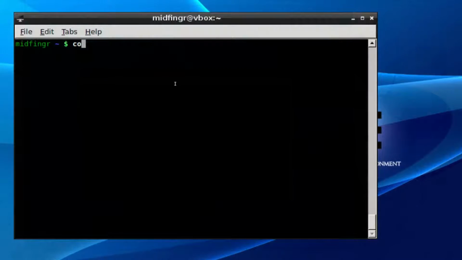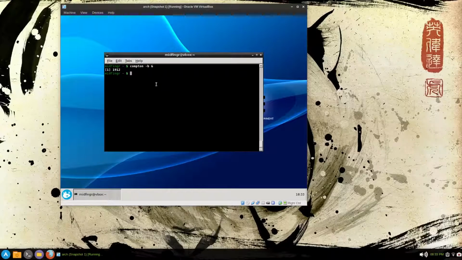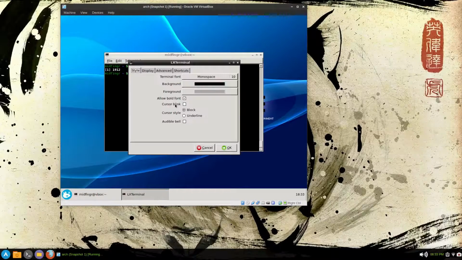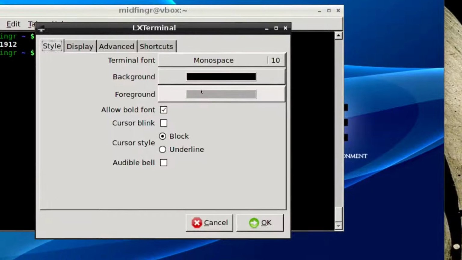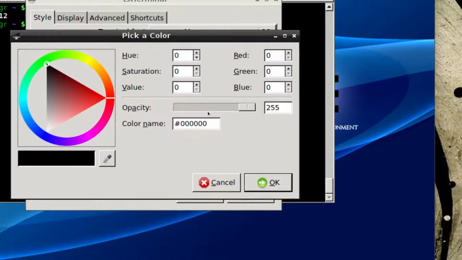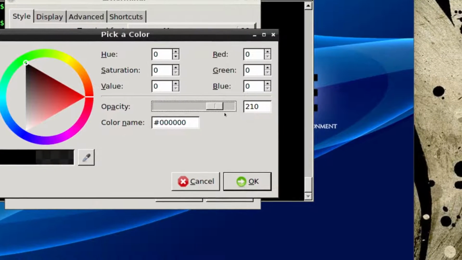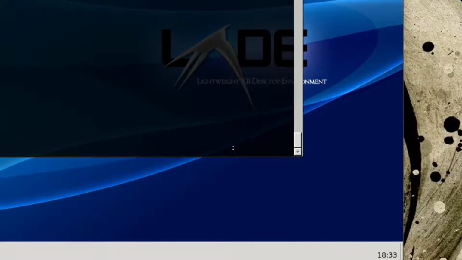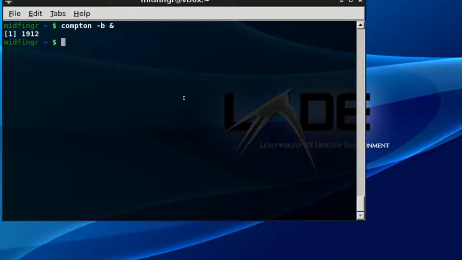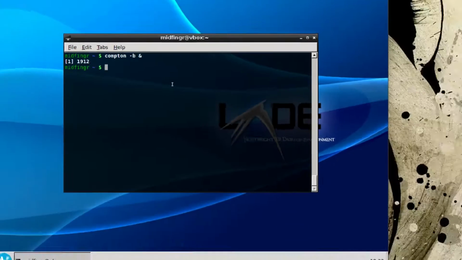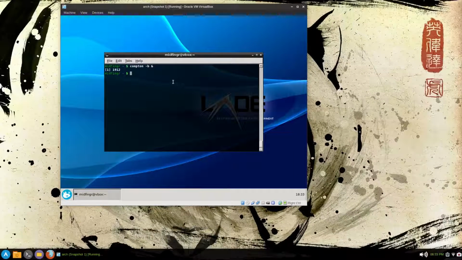And we'll just type in compton just to get started. compton -b and then the ampersand. And we have some transparency going on. So let's take a look at our terminal and go to Edit Preferences. It's background. Click on the background and it has opacity. Drag it to 210 or something, press OK. OK, and now we have a transparent panel because Compton is now running. It won't run at startup because we have to add that to our startup